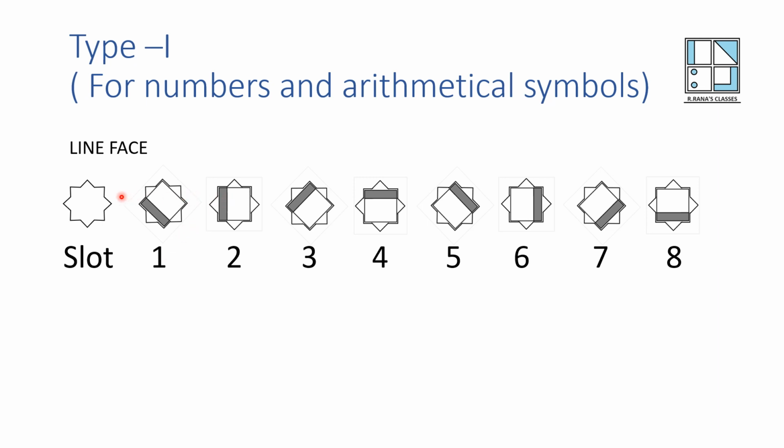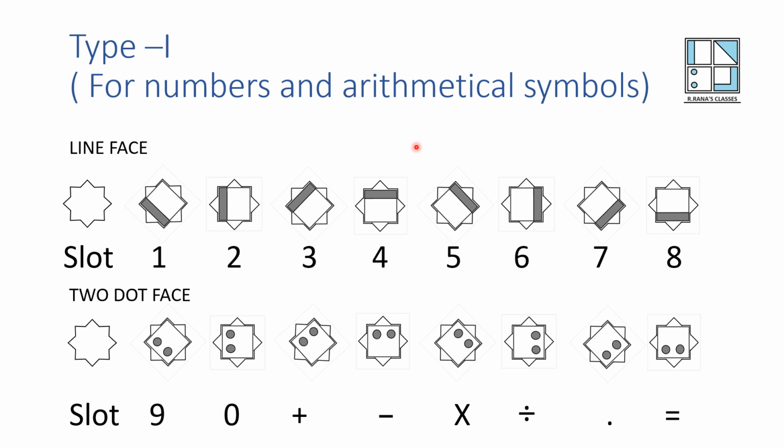Change this in clockwise and it will represent 2. Change it further, it represents 3. Change it further in clockwise direction, it represents 4. Then it represents 5. Then it represents 6 and 7. And last position is 8, because after 8, it will come back to its position 1. But you see, we are missing two numbers, 0 and 9. Okay. So to fit them, we have